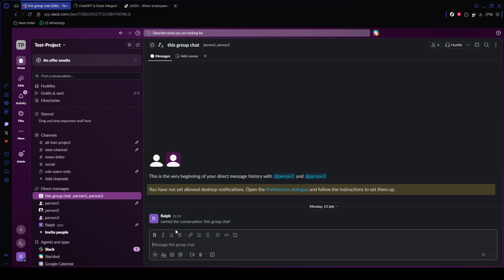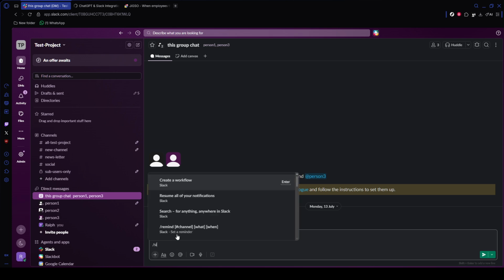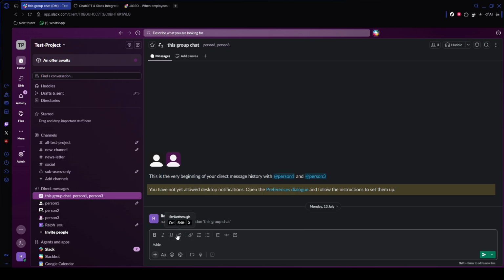If you plan to use Sidekick in multiple channels, repeat that same invite process in each one. That way, the assistant is available in the spaces where conversations are happening instead of only being installed at the workspace level. Once that's done, you're set up and ready to start using ChatGPT 4.0 style assistance directly